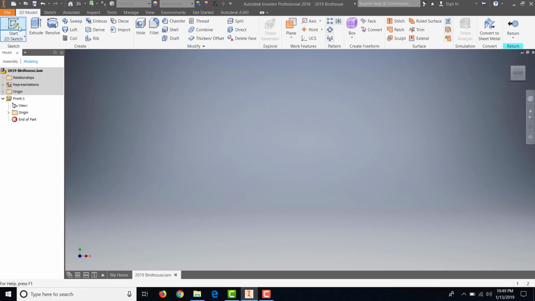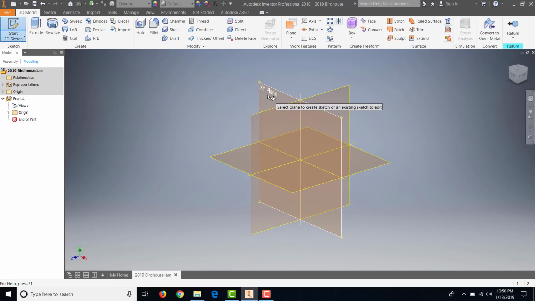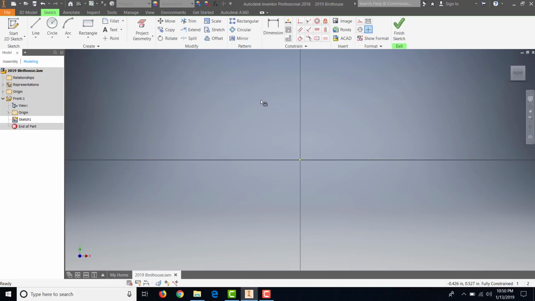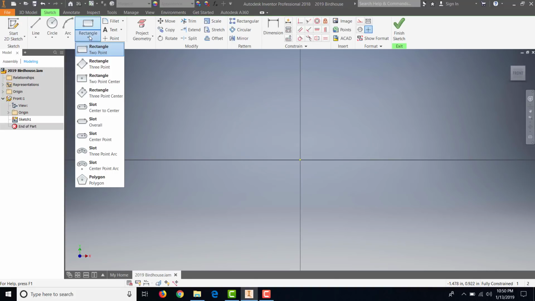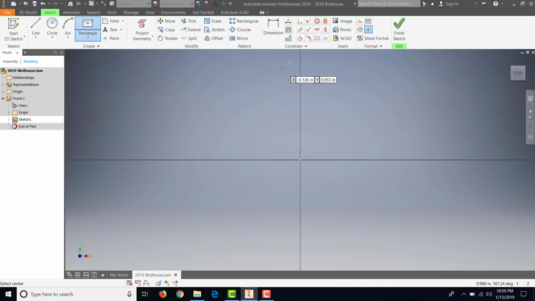So I'm going to do this just like I've done everything else and start with a new sketch. If you notice over here in the upper right hand corner, you'll see this return button, and we'll use that here in a second. I'm going to go to start new sketch. I'm going to choose the XY plane as I have in the past, and I'm going to start laying this thing out. I'm going to choose the 2-point center rectangle,